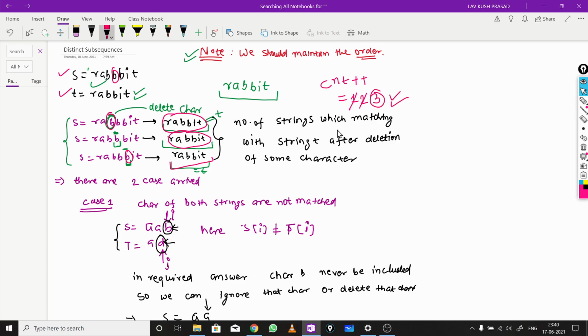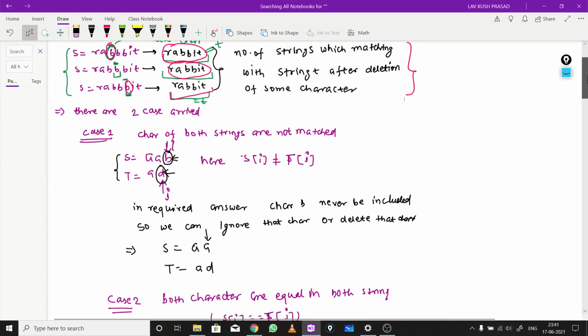Okay, so how can we approach this solution? In this case, we want the number of strings matching with a string after deletion of some characters. So in this case we have two conditions. So what is the condition?